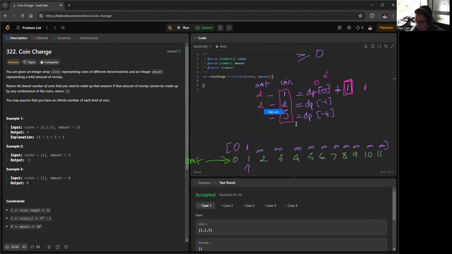So we are building the amount from small to large, from the bottom up, right? Similarly, now it would be 2 minus 1 is 1, and 2 minus 2 is 0, 2 minus 5 is -3. So we just ignore the last one. And then this one is dp of 0 plus 1, right? Okay, so dp of 1,